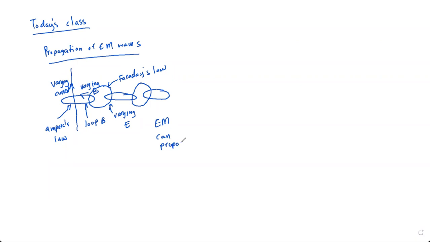Maxwell presented the idea that you don't need a specific energy source all the time to generate an electromagnetic wave. So an electromagnetic wave can propagate in free space independently after it has been initially generated